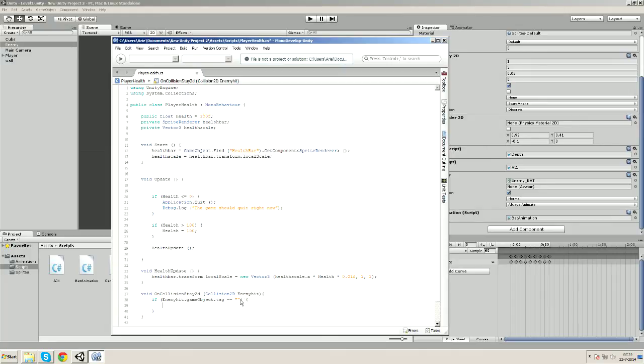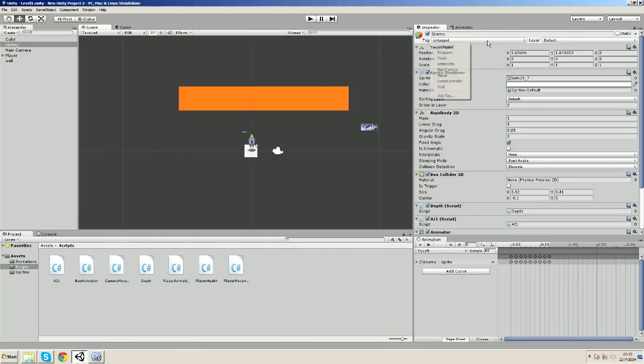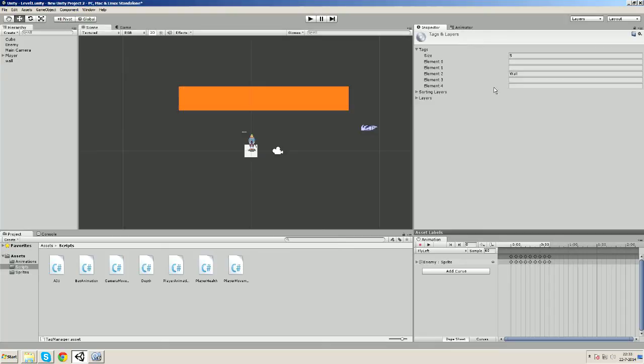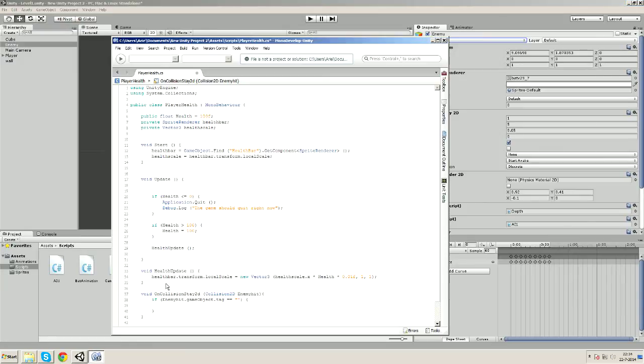Okay, let's see what tag our bat has. It's untagged. Let's make a new tag, call it enemies, and go back to the enemy and give him that tag. Okay. So if the collider that hits our player collider is a game object with the tag enemies,